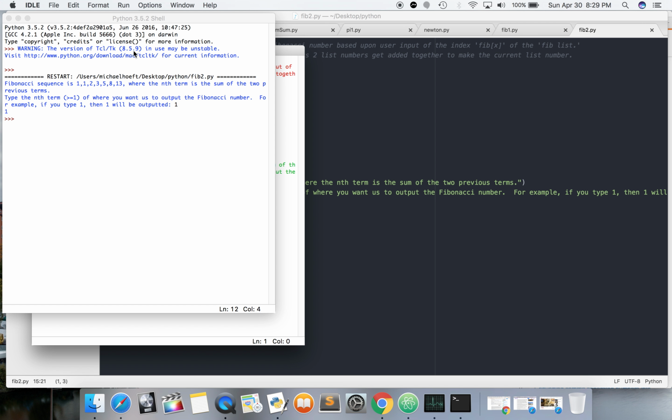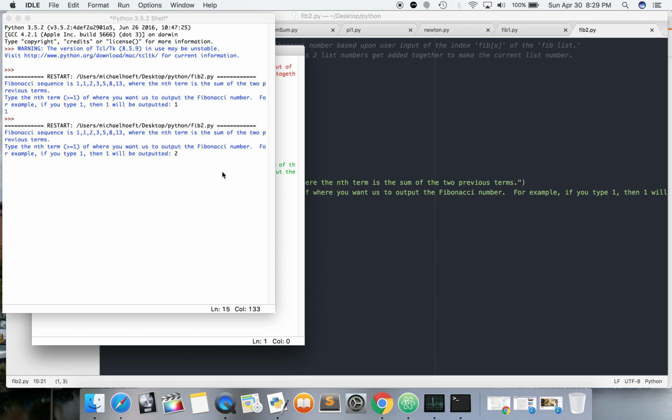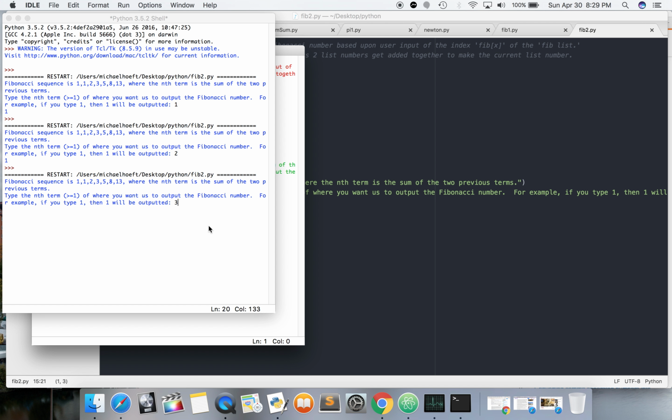Right, we run again. Now the second term is going to be what? 1, right? It's 1, 1. Yeah, that was our if and our elif. And now is our loop. Now we're going to do the third term. Third term is going to be 1 plus 1, which is going to be 2. Right, now we run